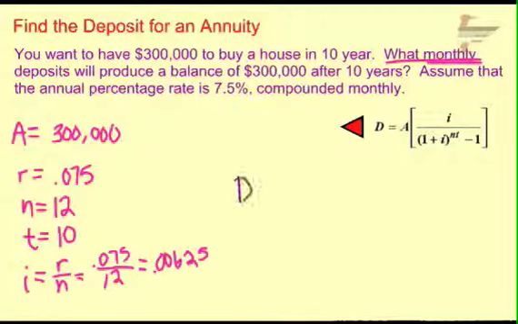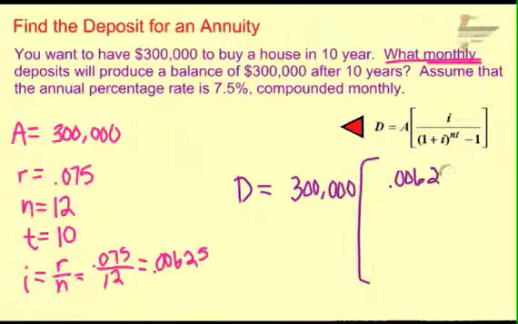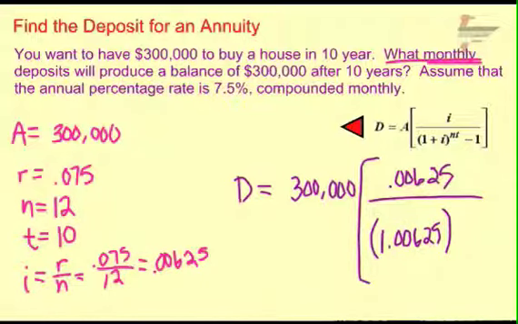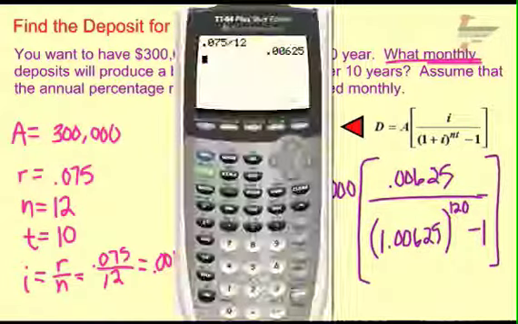So our deposits are going to be equal to our 300,000 goes out front. The I value is at 0.00625. We're going to divide this by 1 plus the I value, so 1.00625, raised to the N times T, so 12 times 10, or 120th power, and then we'll subtract 1 off of the N. So I'm going to do this all on a calculator